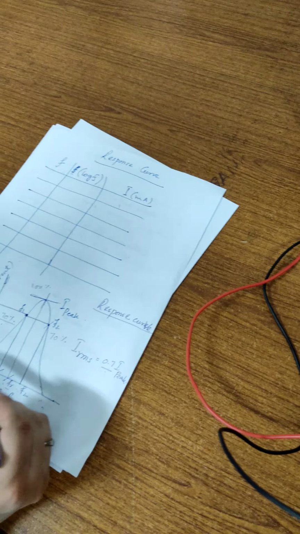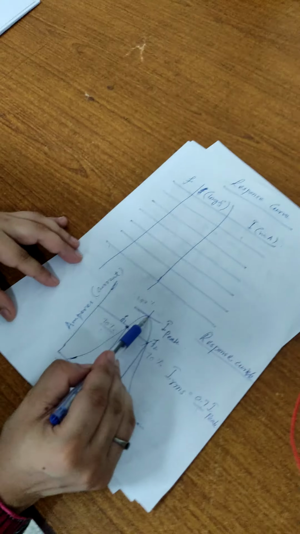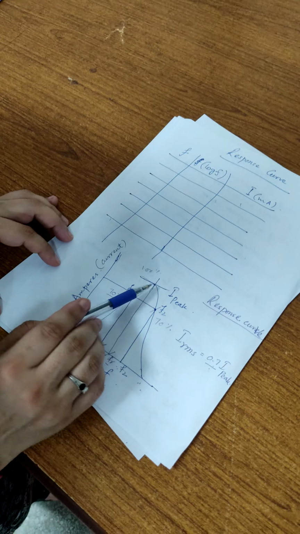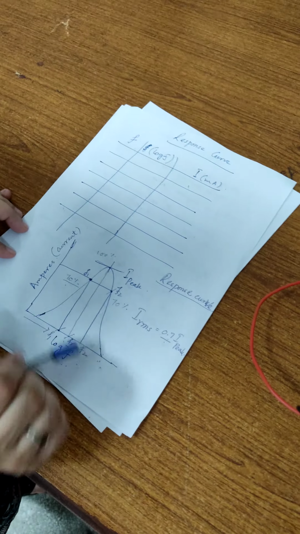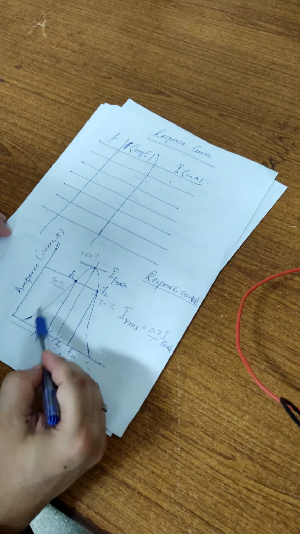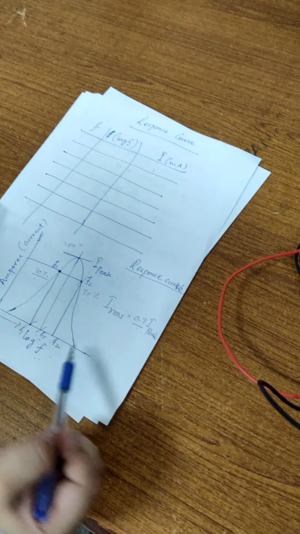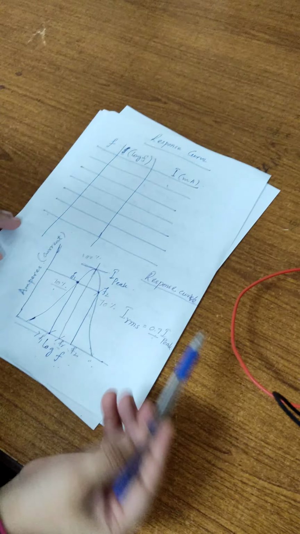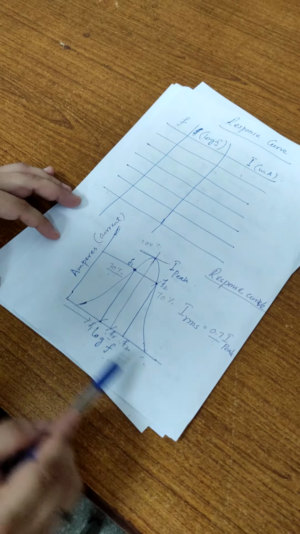We should have equal intervals before the resonance frequency is achieved, and the same interval should be repeated, or the same number of frequencies should be recorded after the resonance frequency is achieved, so that we have a well-shaped bell curve, which is the characteristic response curve of this RLC circuit. So firstly we will fill up this table, and then we will plot this curve.